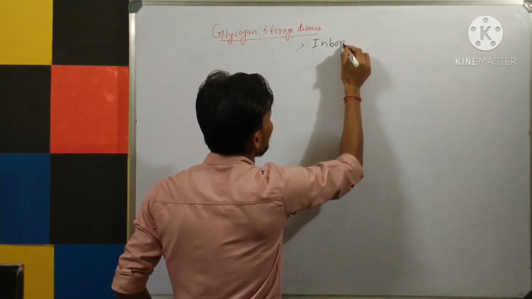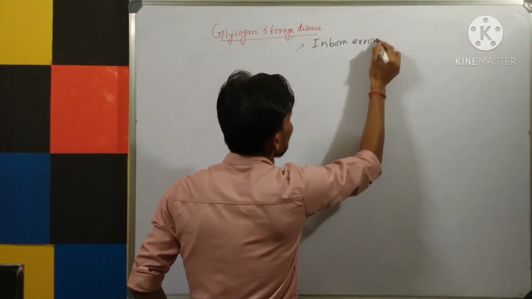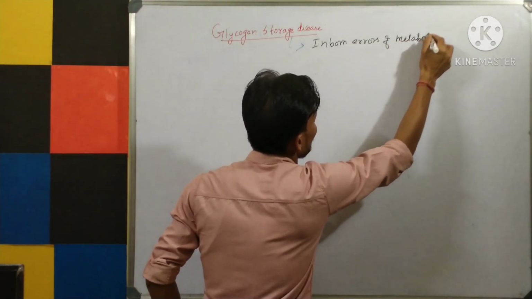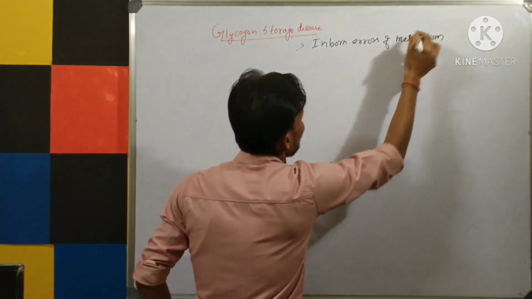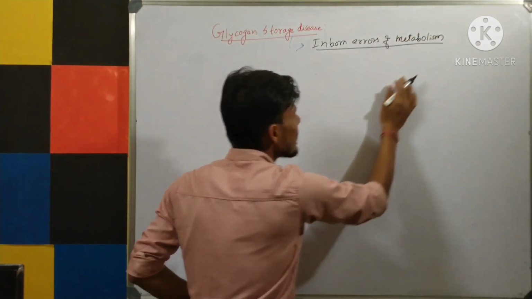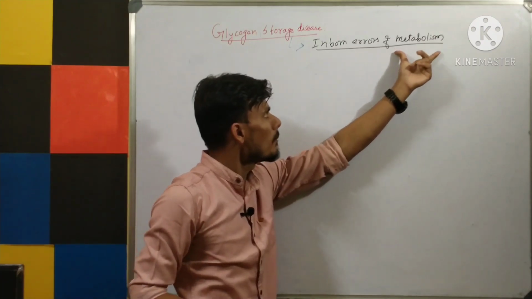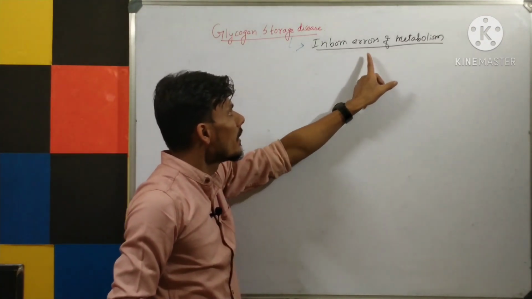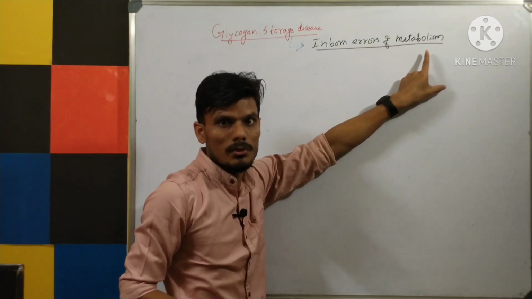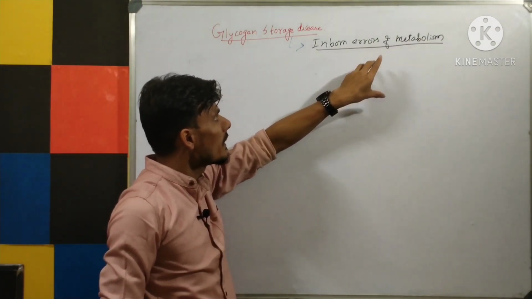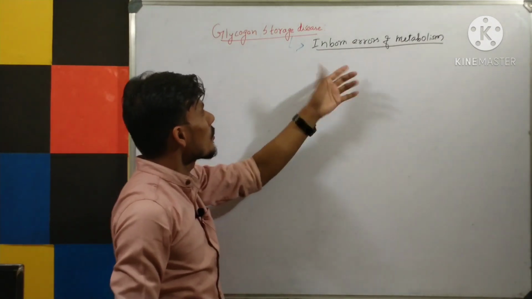Inborn errors of metabolism. Now you can see the term itself is telling us: inborn error of metabolism. It means that there is a defect in the metabolism. So you can say the storage disease, or you can say inborn error